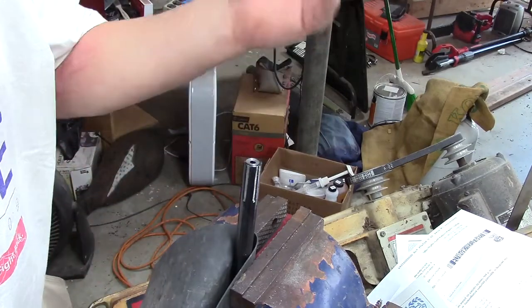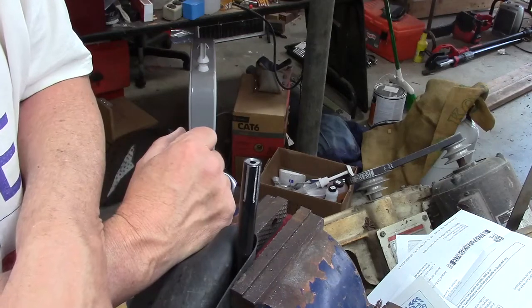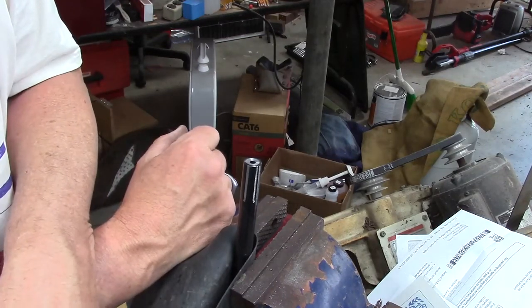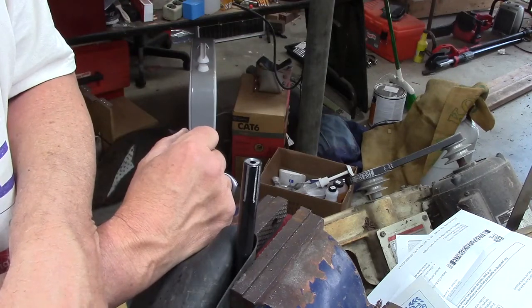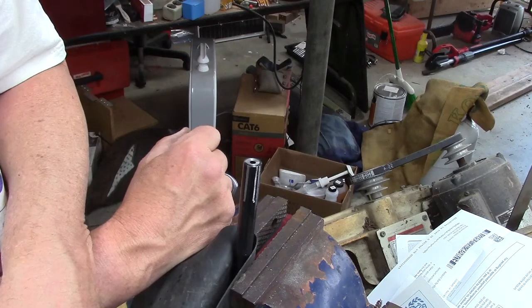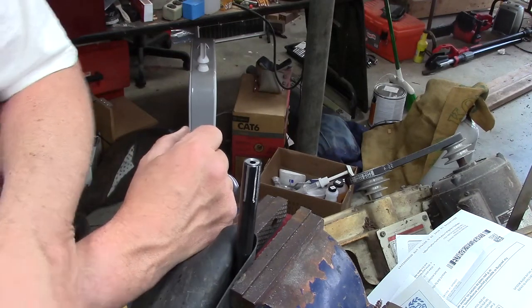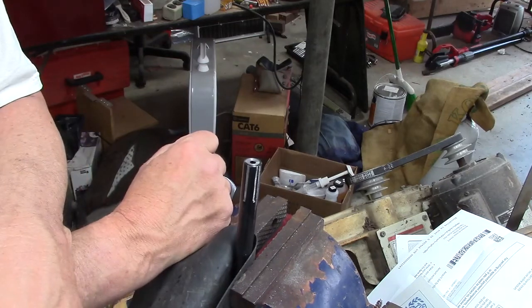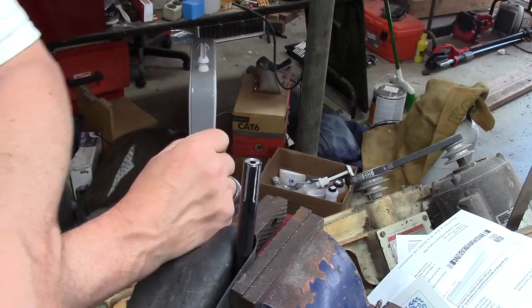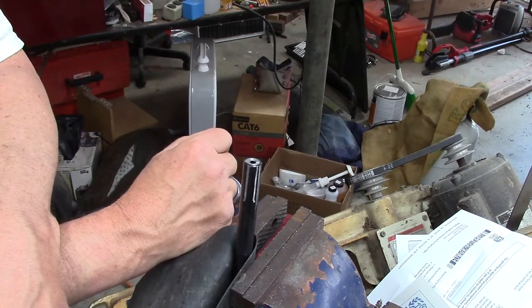So, okay, now I got the loop on there. I got it cleaned up, put the loop on it with a flashlight, and I haven't intersected the rifling yet. This factory crown is so poor that the rifling ends down inside there a little ways. I'd have to characterize it as maybe 20 thou or so. And so now I got to decide if I'm just going to cut it with the reamer down that far, or